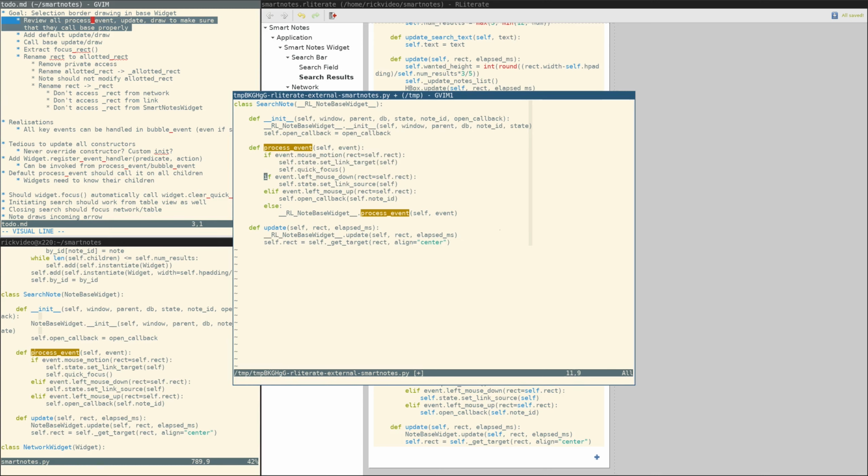Then we should call, so we need to fix this. Interesting. So this was the network node. So yeah, process event. This makes sense: if mouse motion, then do something and then continue processing. So I think I'll just add has focus to all the other cases here. If self.has focus and